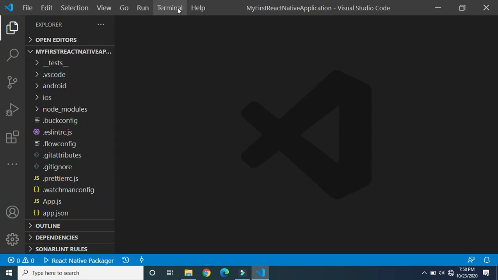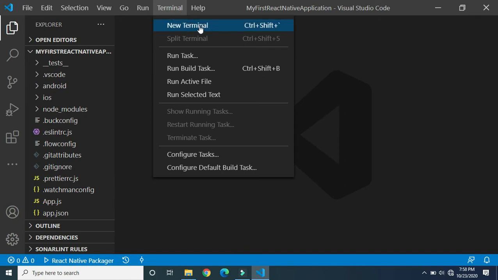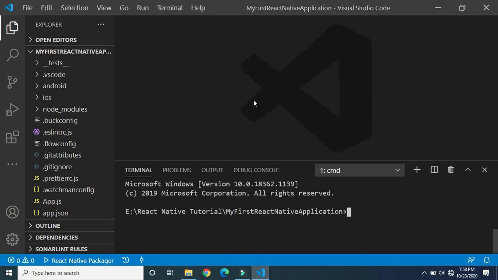If you want to execute it, then click on Terminal, click on New Terminal. Once you click on New Terminal, by default it has opened in this directory. Currently we are in my first React Native application, so we are in our project. Next step is we have to execute it. As I said earlier, we have to execute it on Android. If you want to execute this project on Android, then we have to use one command here, that is react-native